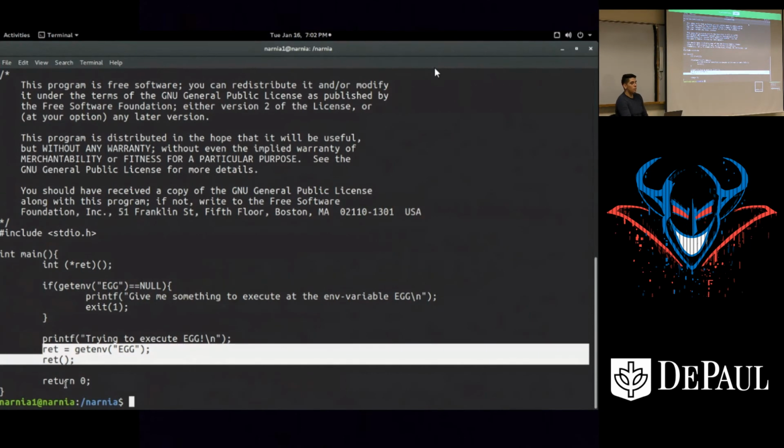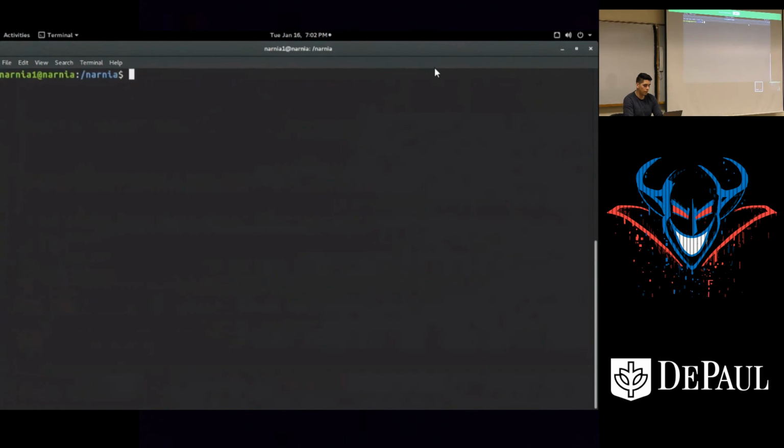Cool. So if we want to get a shell, or at least get access to that password file, we're going to have to run some system command as Narnia 2, which we can do if we overflow this buffer, because this is signed with the UID of Narnia 2. And we want to store that in it. So how do we do that? Well, we're actually going to have to write a bit of shell code. So we cd into temp, and then